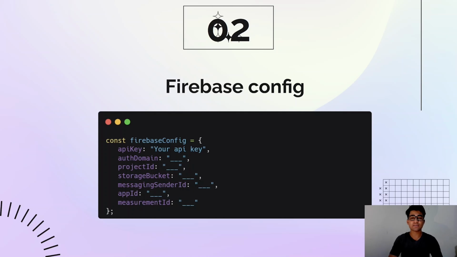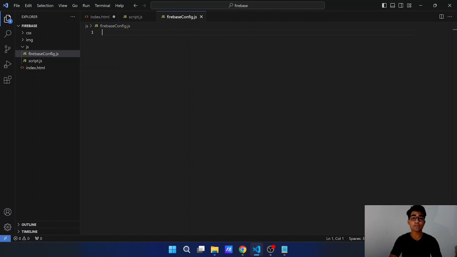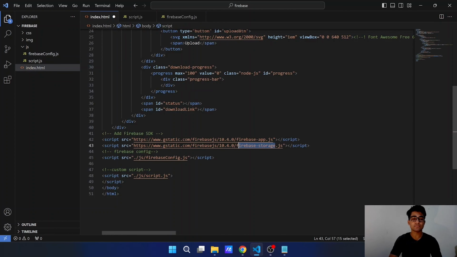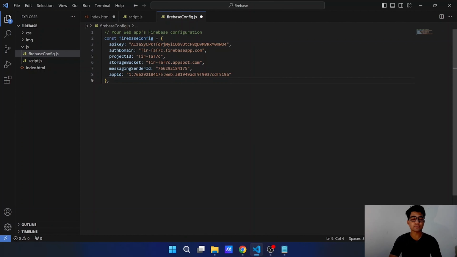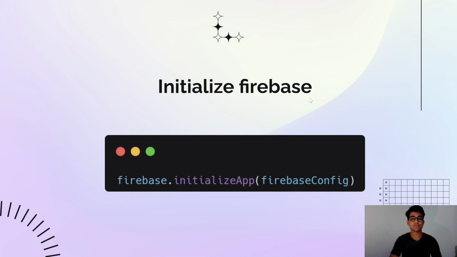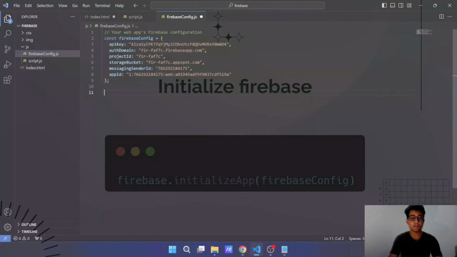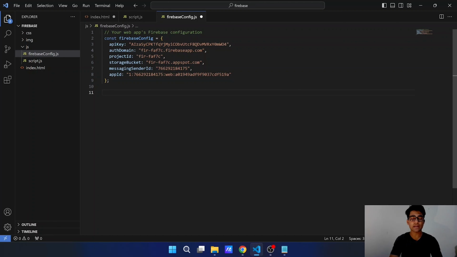Now the next step is the Firebase config. I already created a Firebase config file and linked this file into the main index file, and I am going to paste the values here. The next step is to initialize Firebase. For initializing Firebase, we have a default firebase object variable, and we are going to use